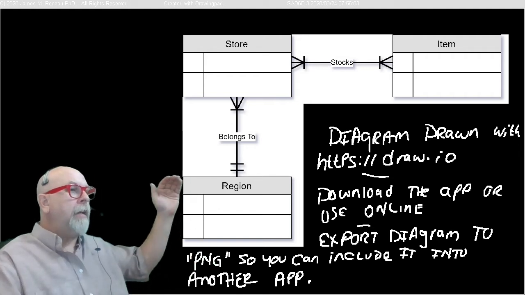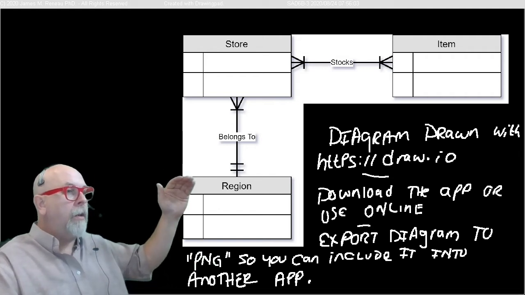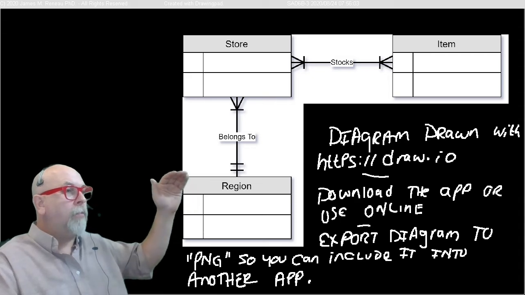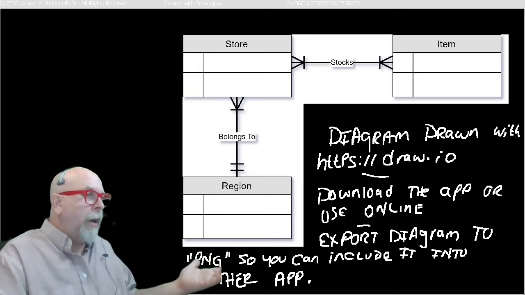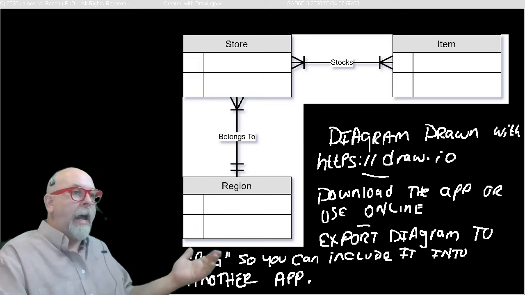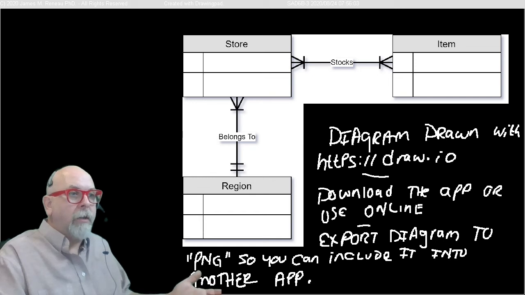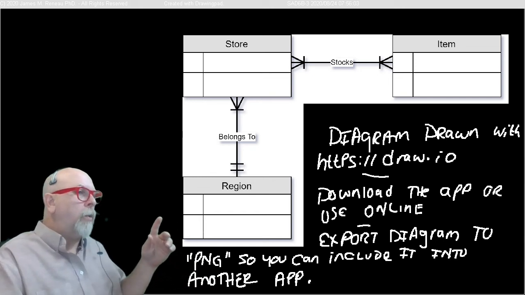An item is stocked in one or more stores. A store stocks one or more items. A store with no items makes no sense. An item that we don't sell in these stores makes no sense. So